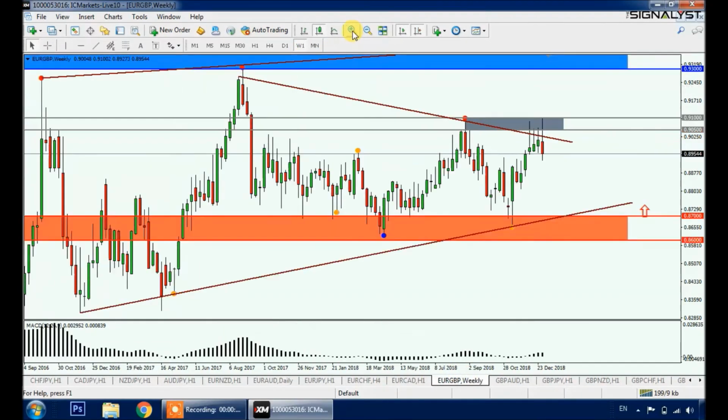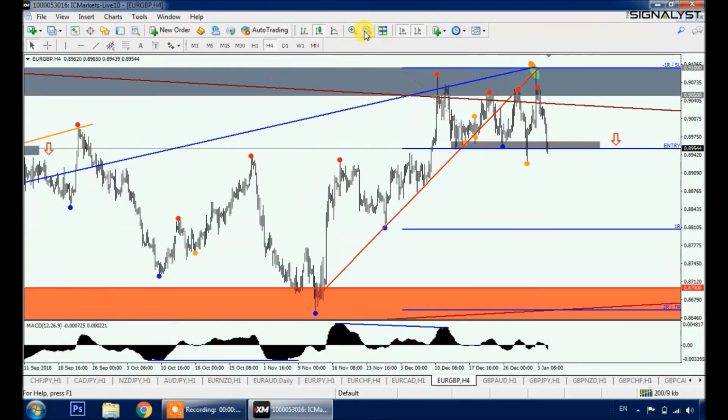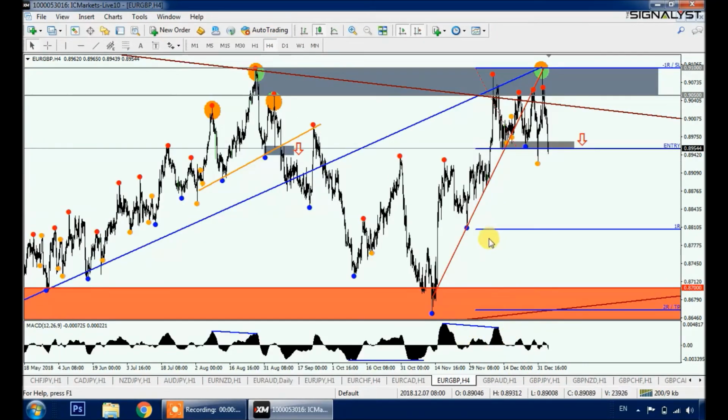On weekly time frame, we have a rejection candle, a very long wick from the upper side, rejecting this supply zone on weekly and daily time frame. We also have a big rejection candle on daily. If we zoom into H4, we can see a divergence and a trio retest, 1st line, 2nd line and 3rd line right here,